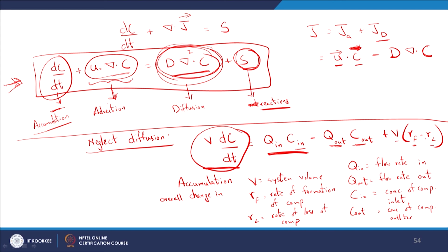So, let us see in great detail what these are about. So, what is our fundamental mass balance equation? V dC by dt is equal to Q in C in minus Q out C out plus volume into rate of formation minus rate of loss, right. This is what we have. So, let us understand what each of these sets of variables help us understand, I guess. So, this is the accumulation term,